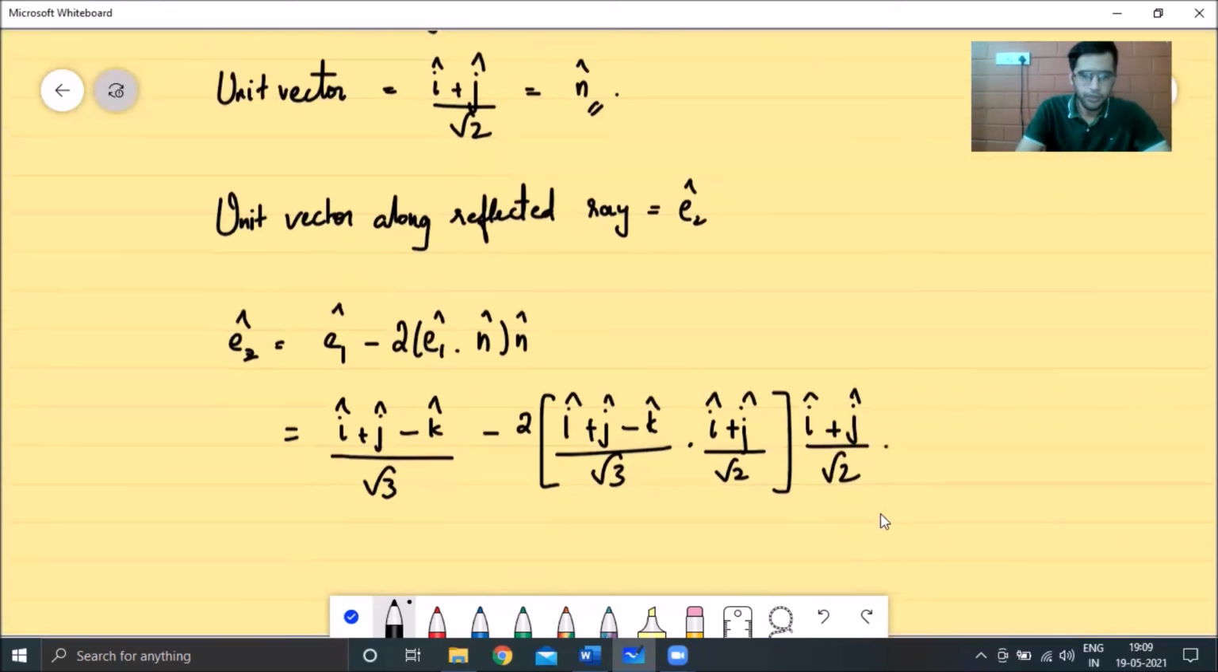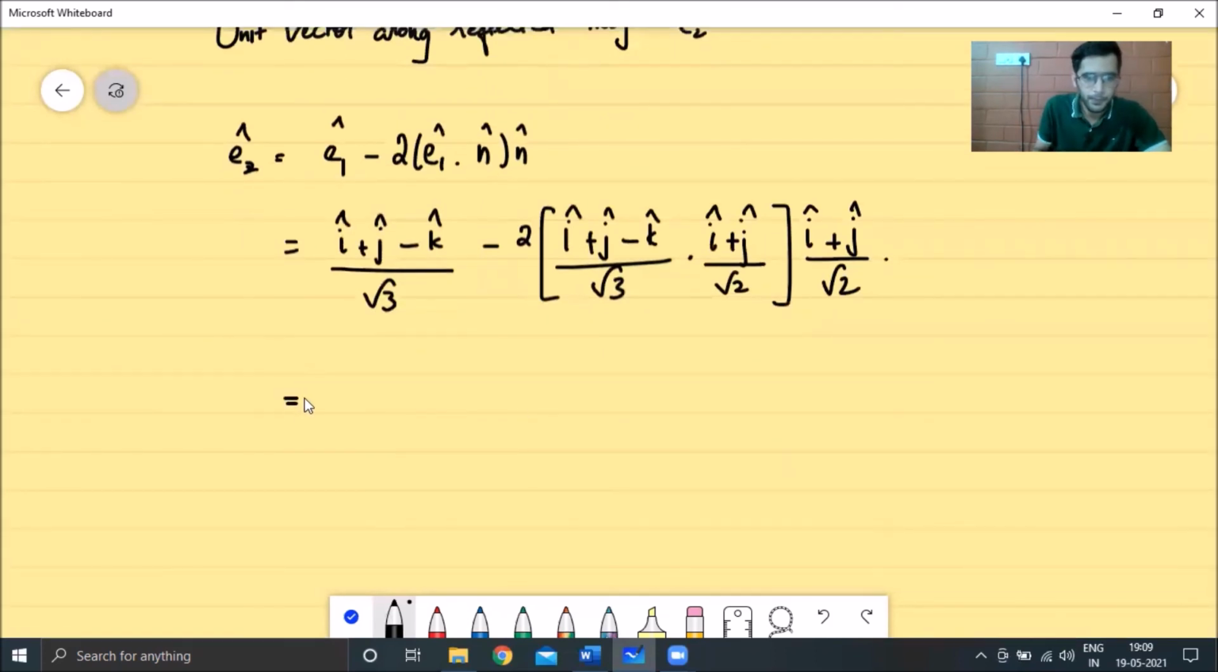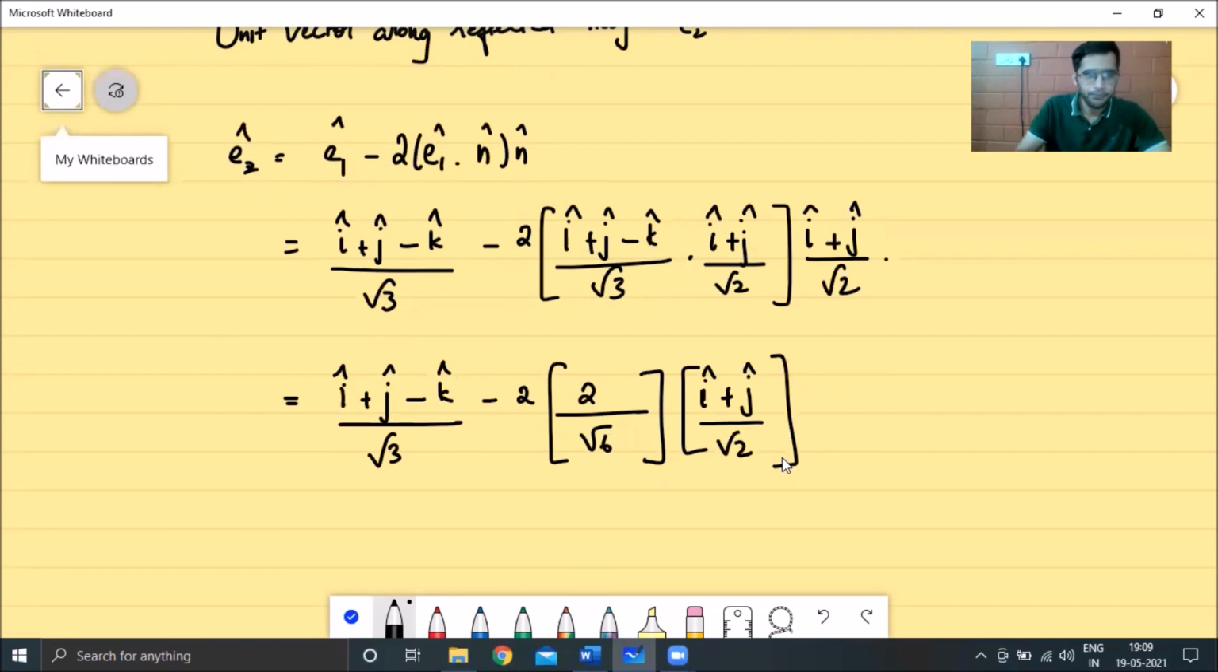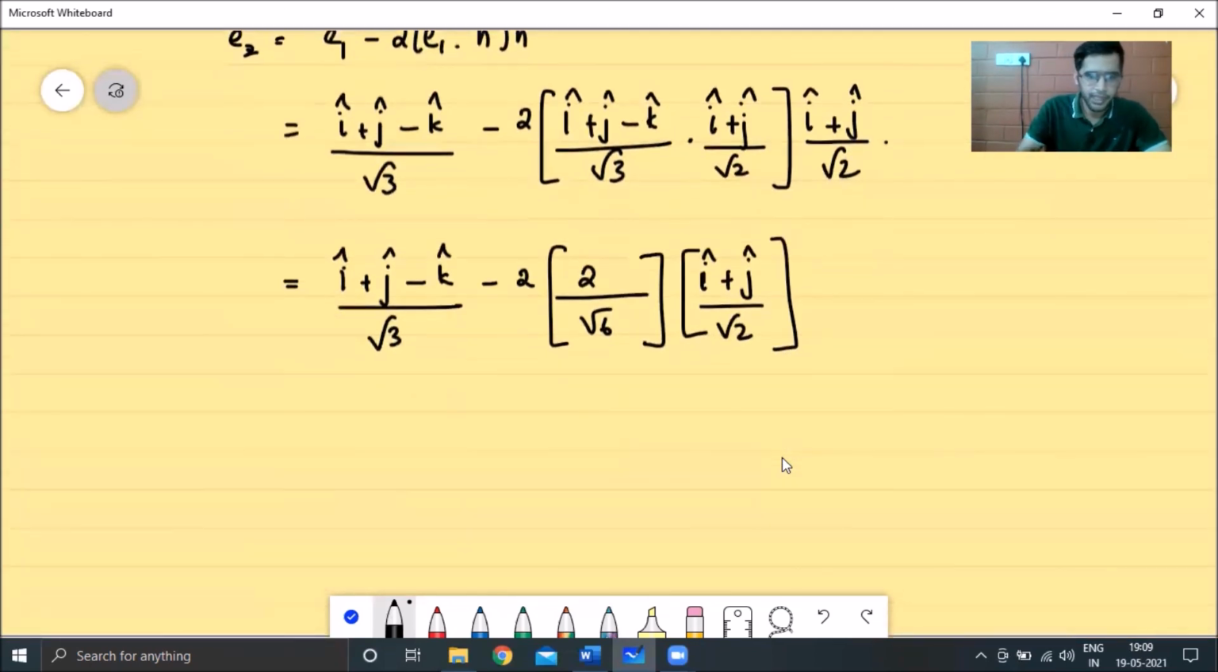And on simplifying this, what do we get? This term remains as such. It will be equal to i cap plus j cap minus k cap divided by root 3. And now what's the dot product of these two vectors? i cap gives us 1, j cap gives us 1, and for minus k cap, there's no k cap term over here, so that becomes 0. So this becomes 2 divided by root 6 into i cap plus j cap divided by root 2. On further simplifying, we get i cap plus j cap minus k cap by root 3